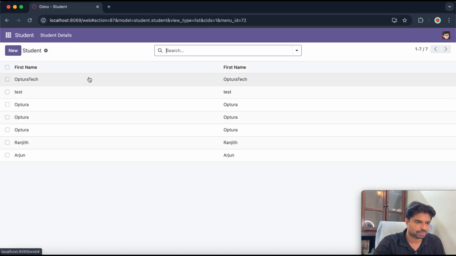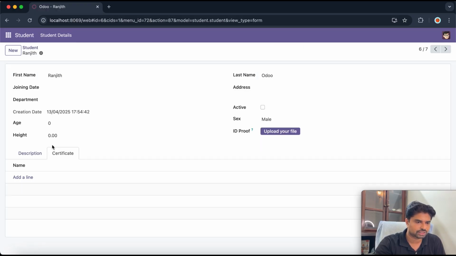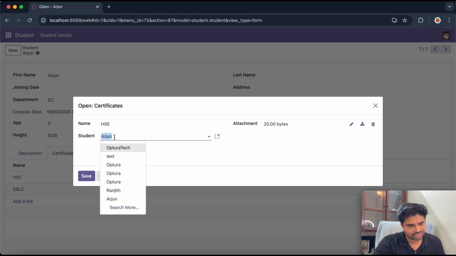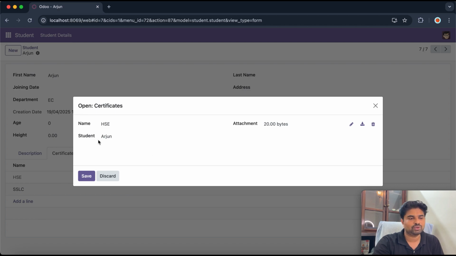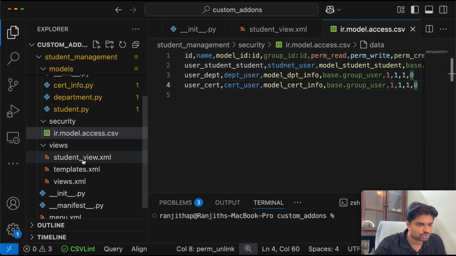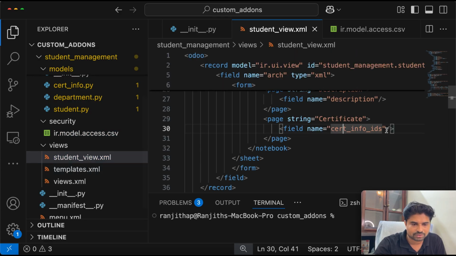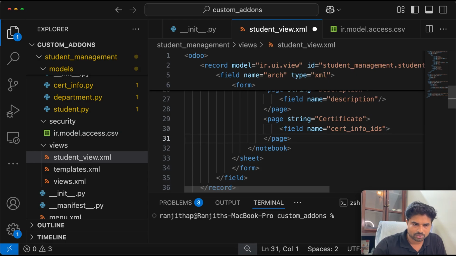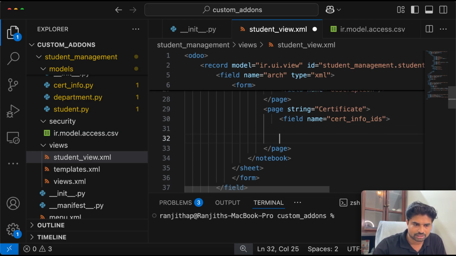I just saved, and coming back, if I open any one of these records, I can't see this data here. This is specifically mapped with Arjun's record. That mapping has been done using this inverse relation. Suppose if we change this, it will map to that student actually. So that's why we don't want to put this inverse relational field into the view. So we can define our own views from this student. So this is our field definition. Here I'm just clearing this opening and closing, and I can mention which fields I want to show